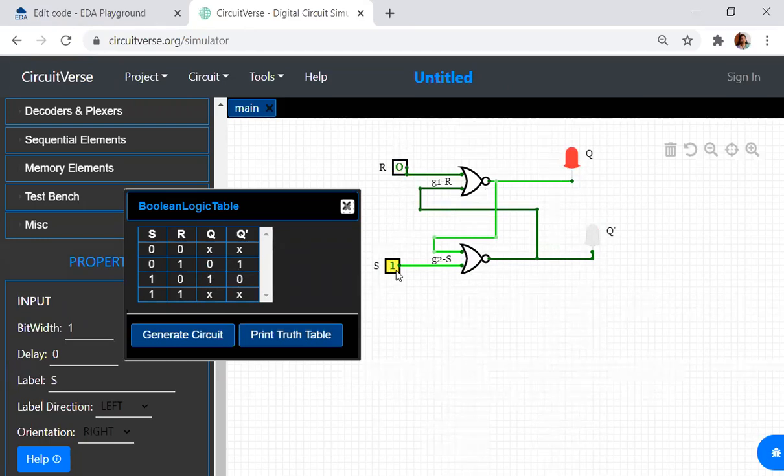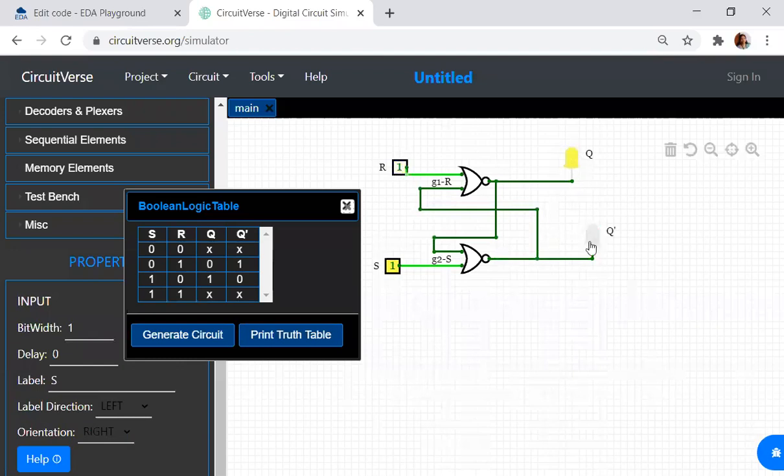Suppose I make this 0, 0, the same state is retained, the previous state. So Q will be Q itself, and Q bar will be Q bar only. It will not be a don't care. Now, when I make both 1 and 1, what happens?